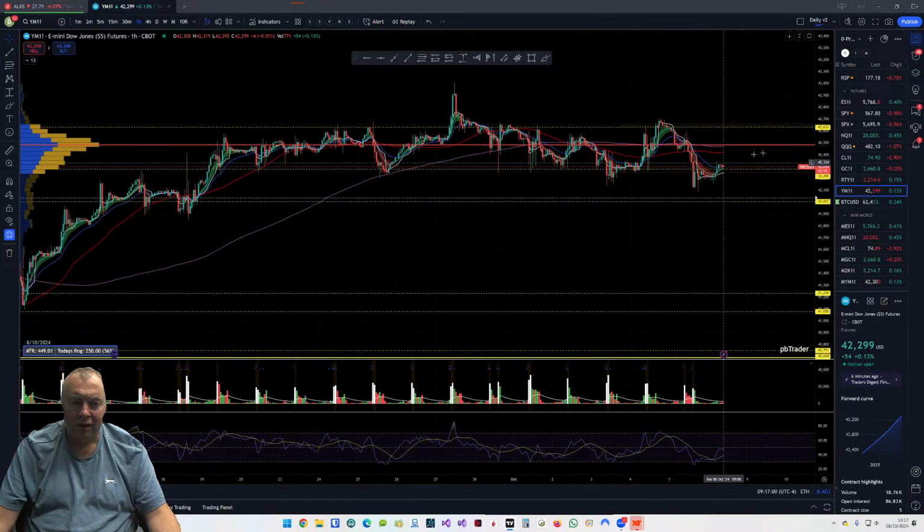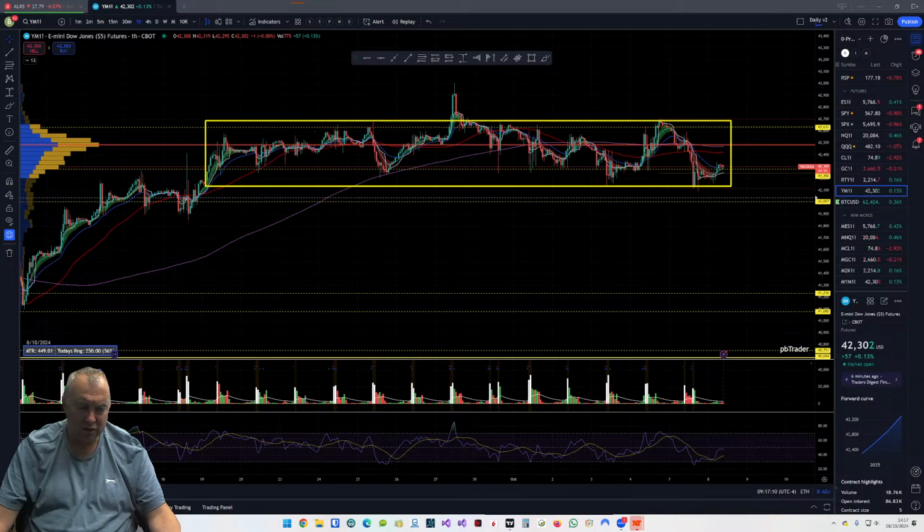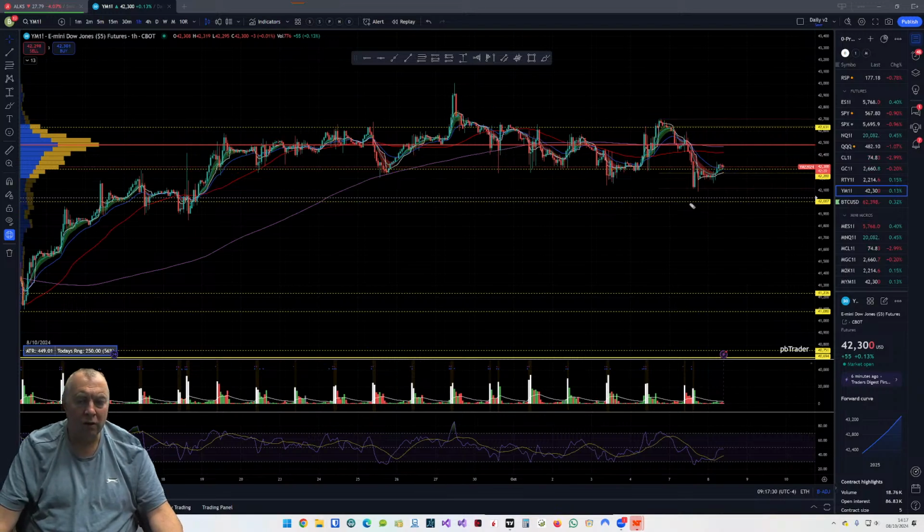222.17 area. And now we've got the Dow Jones. Again, we're in between this range. To me, this looks like we could potentially be setting up a left shoulder, a head, and maybe a right shoulder. So if that's the case, then we might be looking for a downward pattern to come back into retest this neckline area. So let's keep an eye on that. That could be a long-term play, a swing play. We can watch the breaks and retest of the pre-market high and pre-market low. Look for a low to come back down and then a retest.